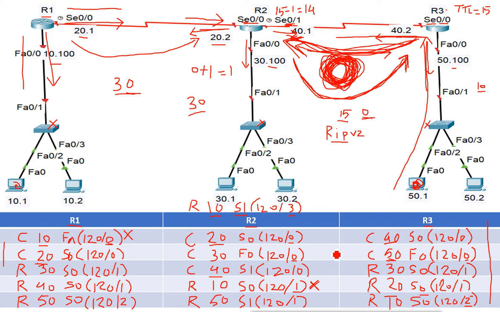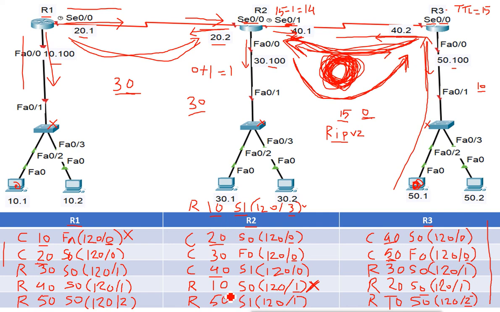Now how? Suppose, remember, when router 1 sends the information saying that network 10 is not available, what does router 2 do? It actually removes the information here, and that is why it gets this wrong information, because the right information was not there. So when router 3 says that I know network 10, it says okay, I don't know, so I will create the entry. But if it knows that, then it will not create the new entry.